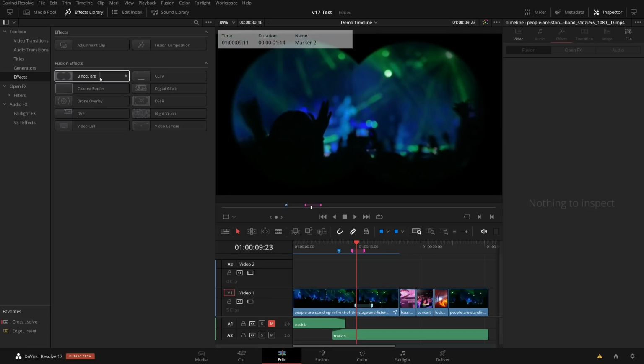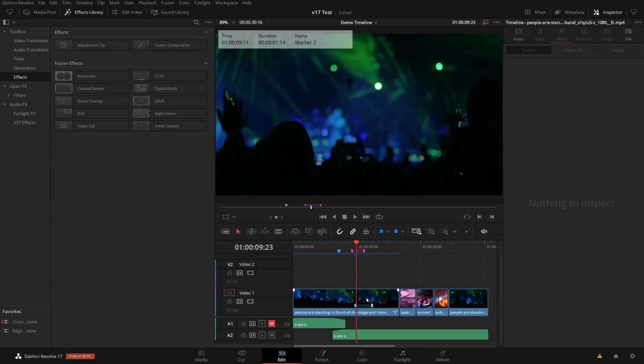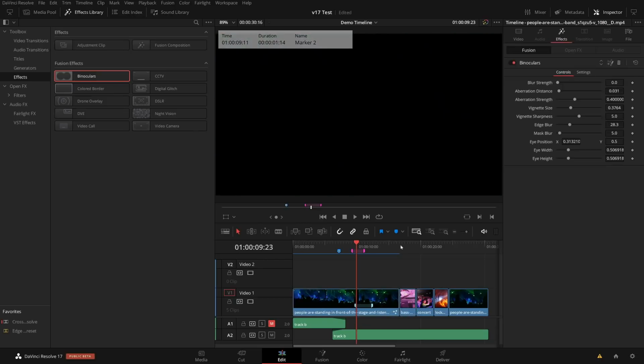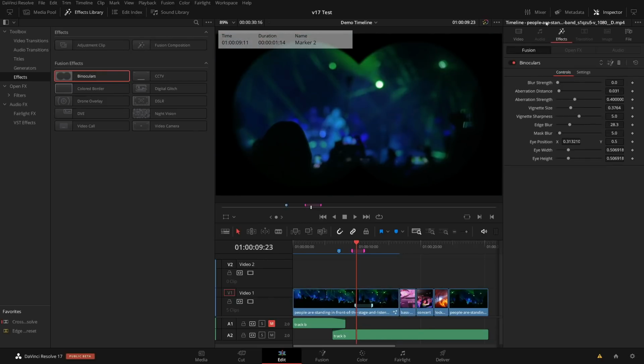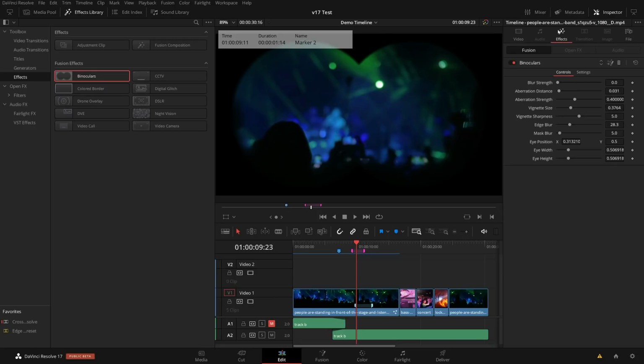So for these Fusion effects, for example this one, you can preview it and it's being previewed on your timeline, of course, and then you can drag it onto the clip and it's being immediately applied. And that works in a way, you see here some new updates in the inspector. You have a separate effects section, so you have your edit effects on the video tab, like the edit transforms, but then for Fusion effects and OpenFX and audio, you have this effects tab, and you can add them here, delete them, rearrange them. So you can basically layer effects now.